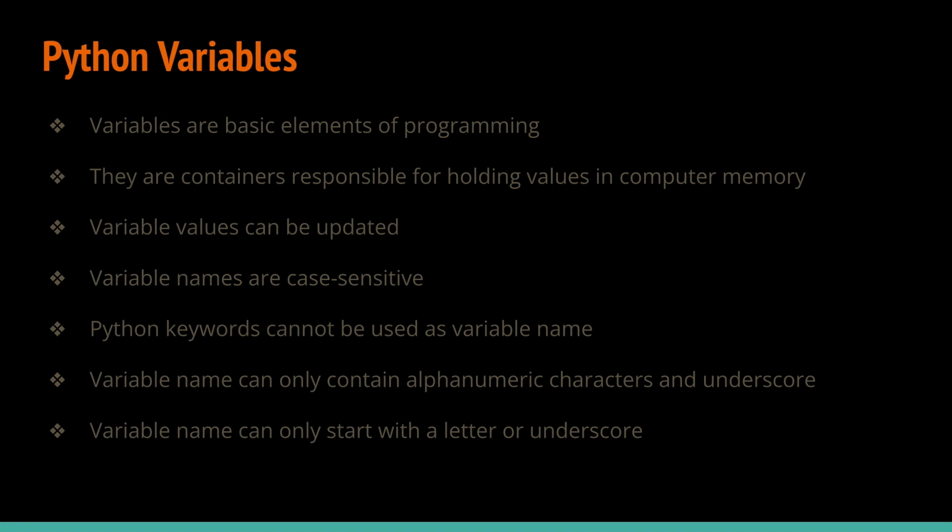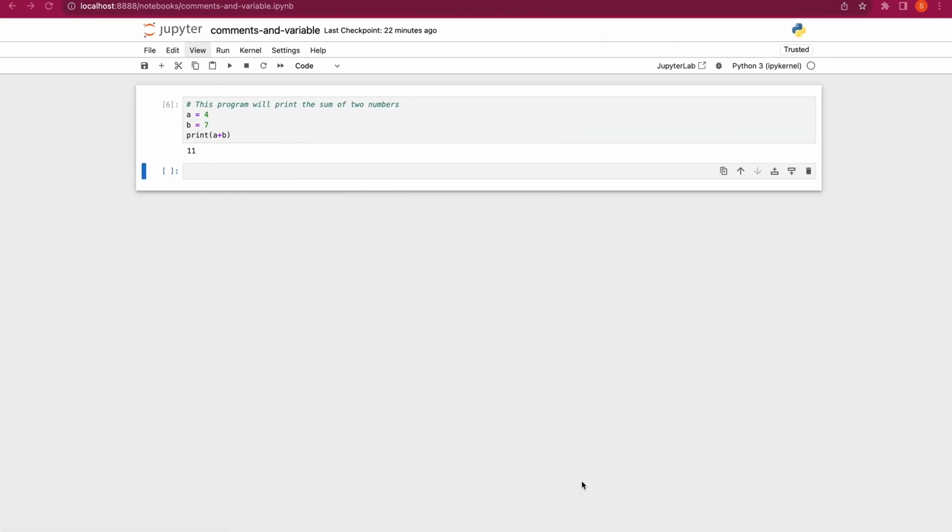Lastly, a variable name can only start with a letter or an underscore. This means that our variable name cannot start with a number, even though our variable name can contain a number, but it can never start with a number. Now,